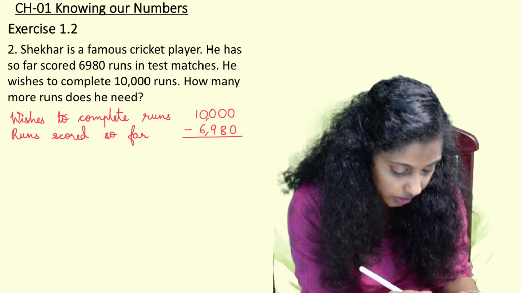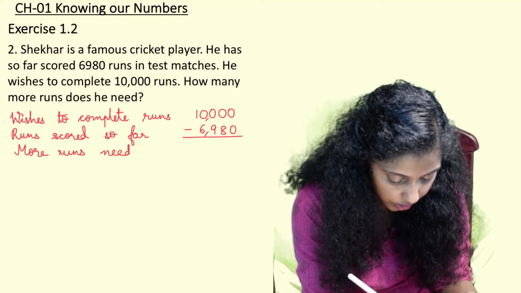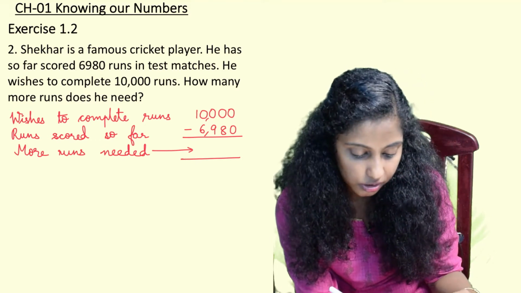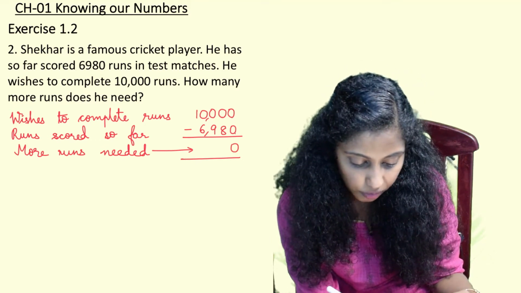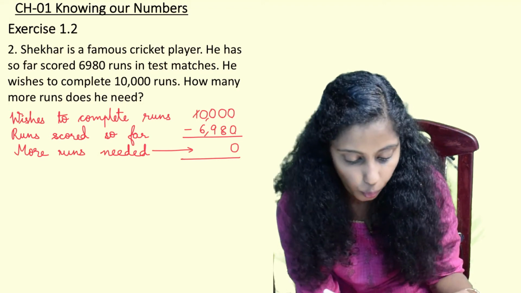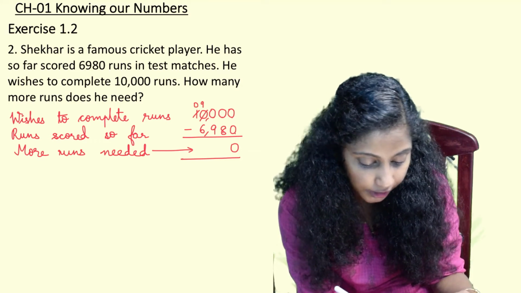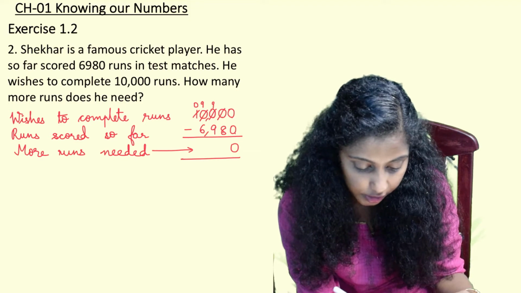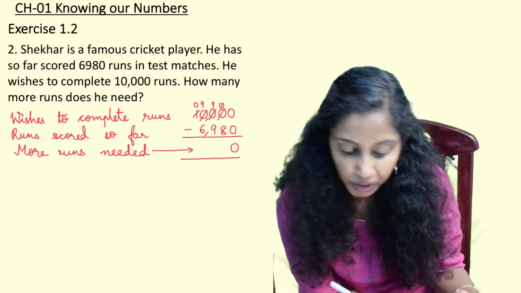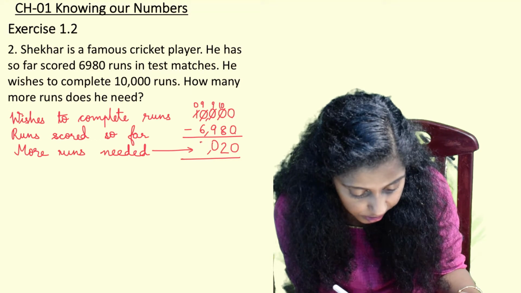How many more runs does he need? So we write more runs needed. So this is basic subtraction. 0 minus 0 will give you 0. 0 minus 8 you can't do. 0 minus 9. Okay, you can't borrow also. So we directly come to 1 because these all are also less. So 1 becomes 0. This becomes 9. This again becomes 9 and this becomes 10. The reason they are becoming 9, they have to give to the next one. This is remaining 10, not becoming 9. 10 minus 8 is 2. 9 minus 9 is 0 and 9 minus 6 is 3.